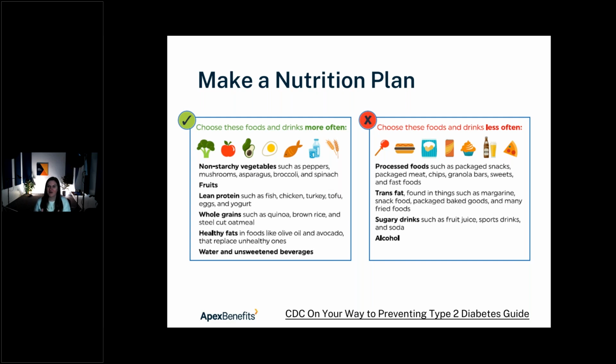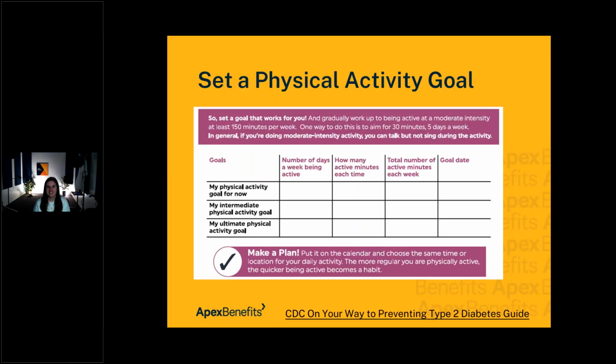So just think about, how can I change my routine to make it easier and take some of those things and make it harder? So can I just not buy snacks to put in the pantry that are unhealthy so that I don't have that temptation to go get? And setting a physical activity, you guys have heard this before, working out about 30 minutes a day, adding some kind of movement, even if it's as simple as walking, is what's really encouraged.